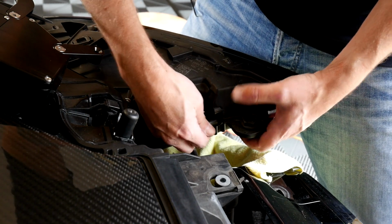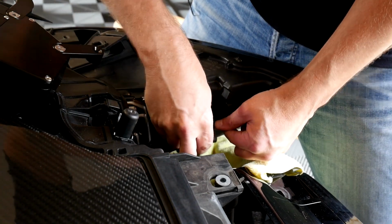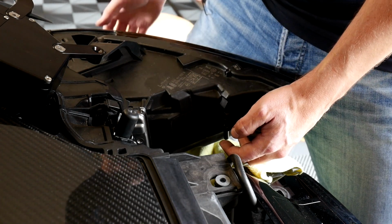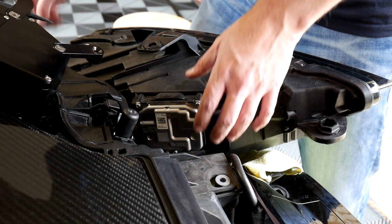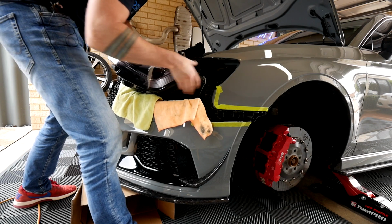Where is it? Here. So that little pipe, you can just gently ease that off, whoops, and then just put that pipe to one side so you can reattach that. I guess that's to vent any moisture out of there. And then if we can gently rest that out there, we'll attack the plug. Okay, there we go. Plug comes out, and